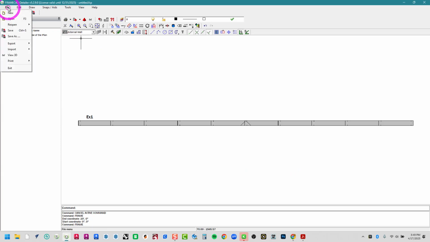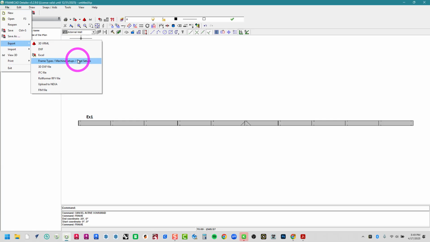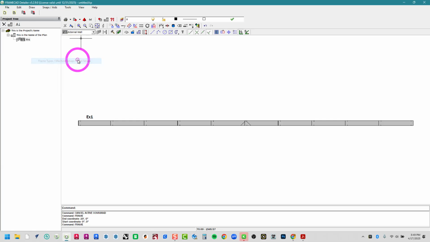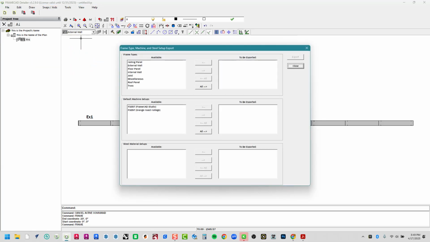Under File, under Export, under Frame Types, Machine Setup, Steel Setups, we can choose our machine setup. Here's my Orange Coast College one. Here's the FrameCAD Studio one. I can click on that little arrow and it will allow me to export that specific machine setup. I'll get into frame types soon, but we could also export our frame types. We're not really going to touch steel material setups, but if we did, we could also export that. We can click on export,